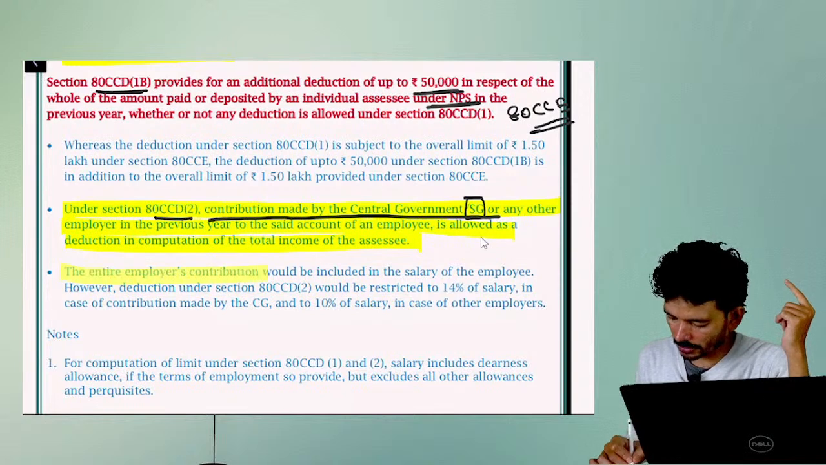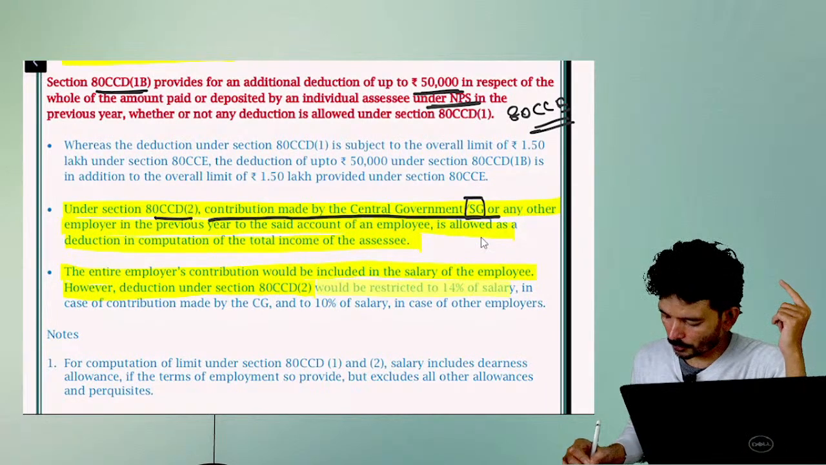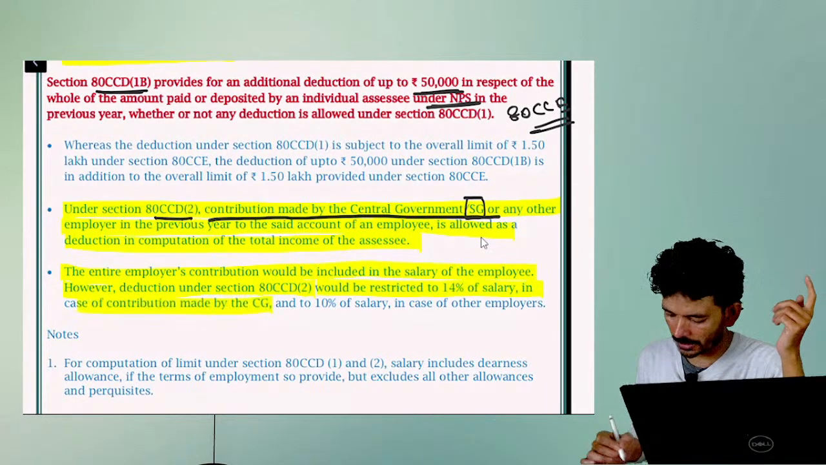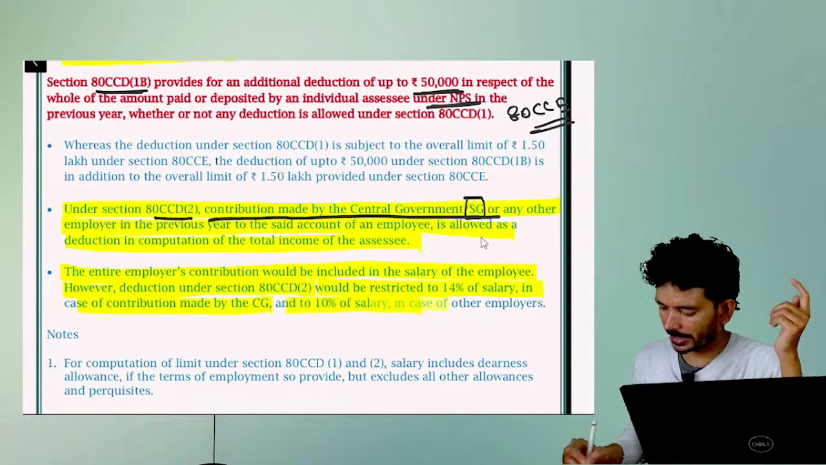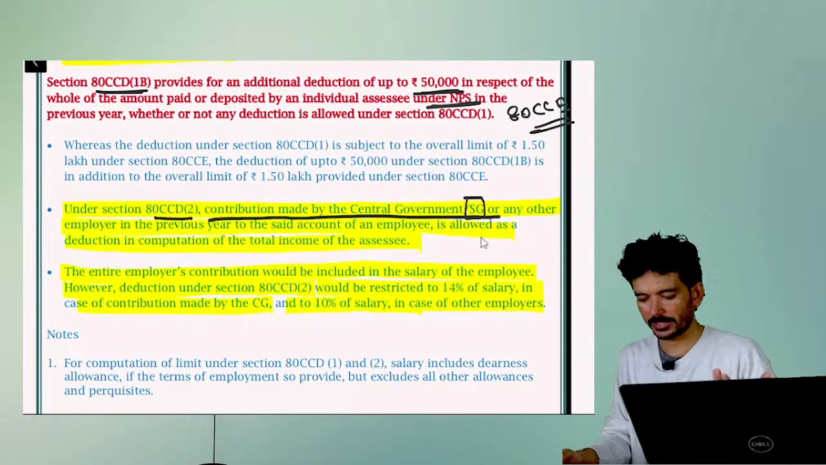The entire employer's contribution would be included in the income under salary. However, deduction under section 80CCD(2) would be restricted to 14% of salary in case of a government employee and 10% of salary in case of other employees. Again, I am saying